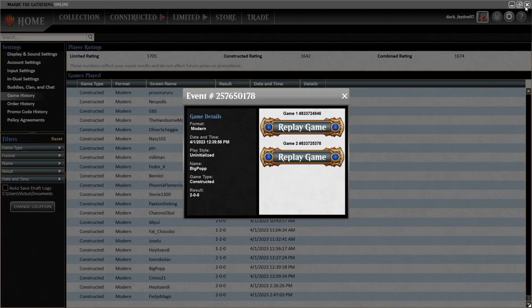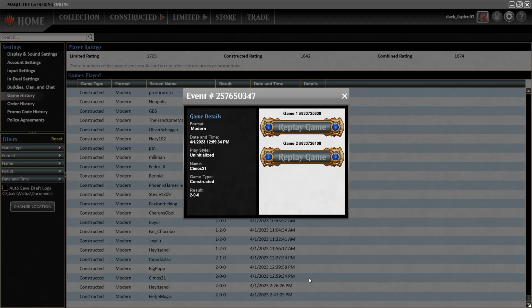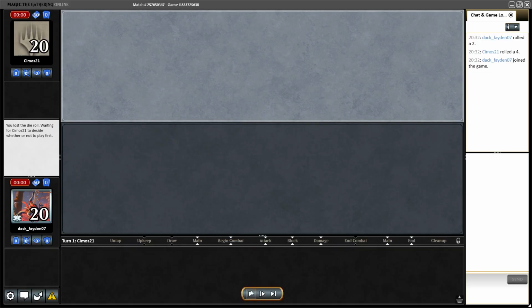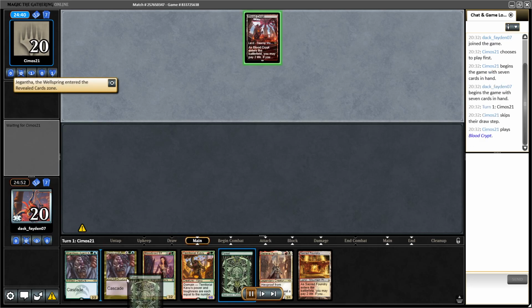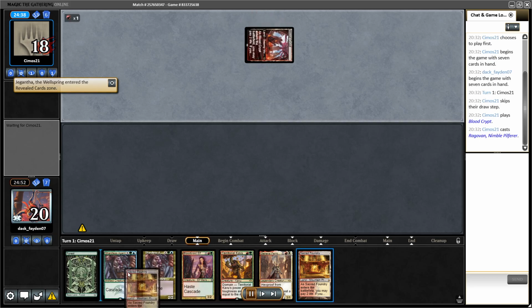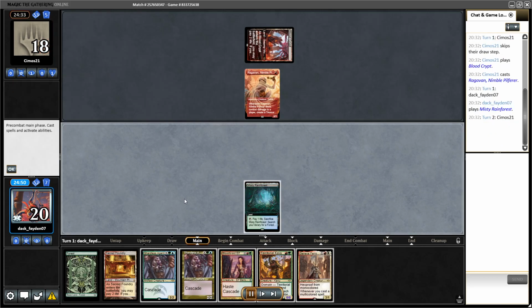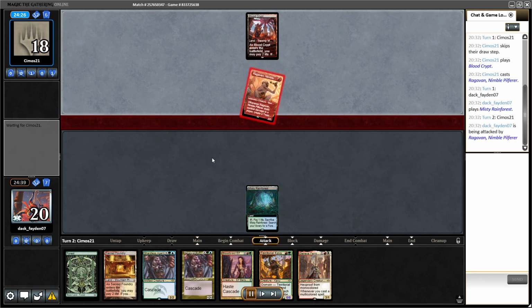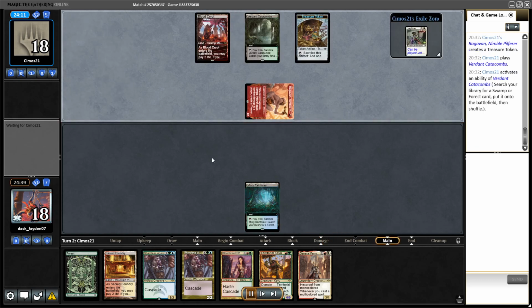Okay, so that was game 2 against red black scam opponent, and we are off to the match 3. In the match 3, playing second again, keeping a 2-lander with a lot of cascade spells. Didn't have a solution for the Ragavan, but I found third land, which was pretty good for me, so I